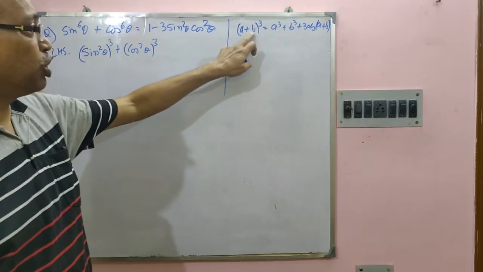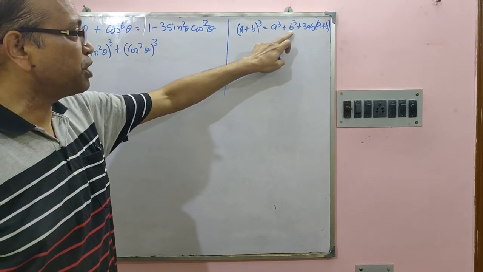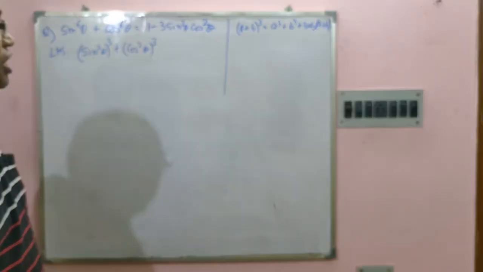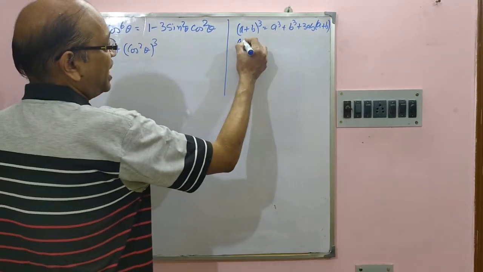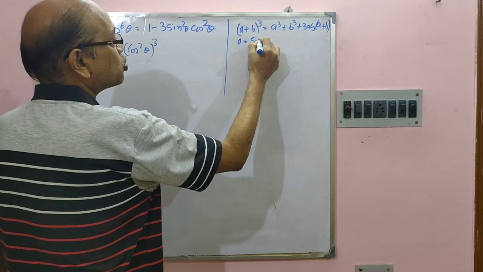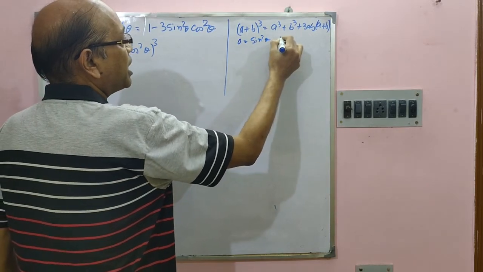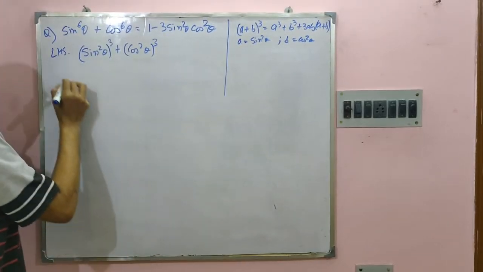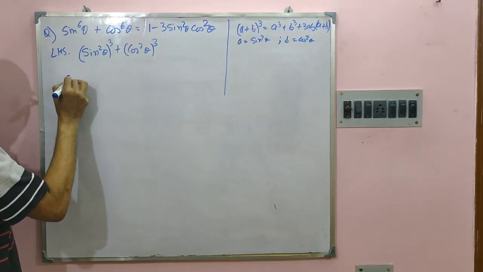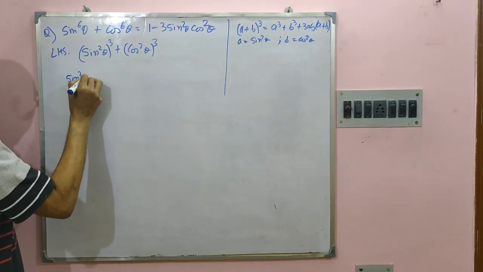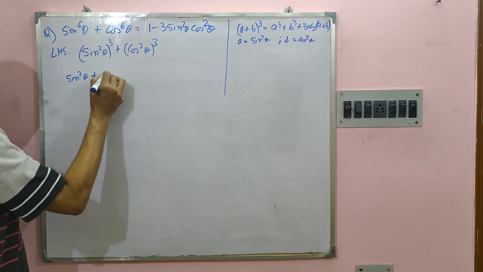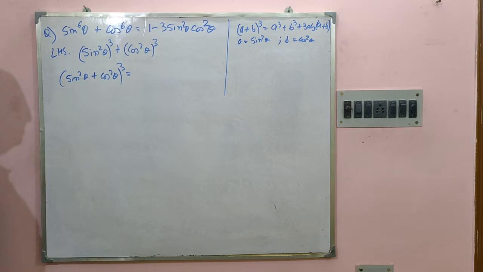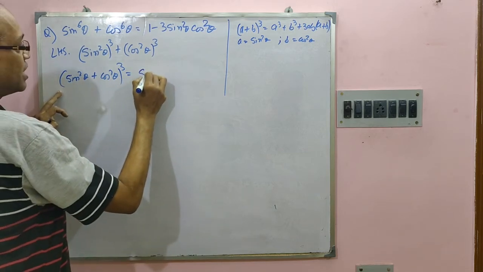Here we take a as sine square theta and b as cos square theta. Therefore, we can write sine square theta plus cos square theta whole cube